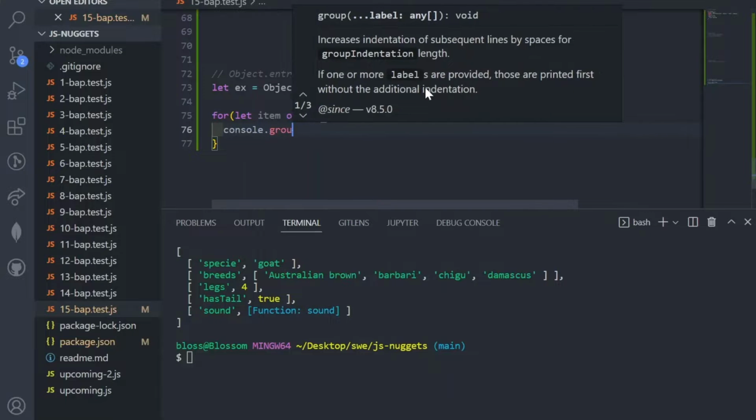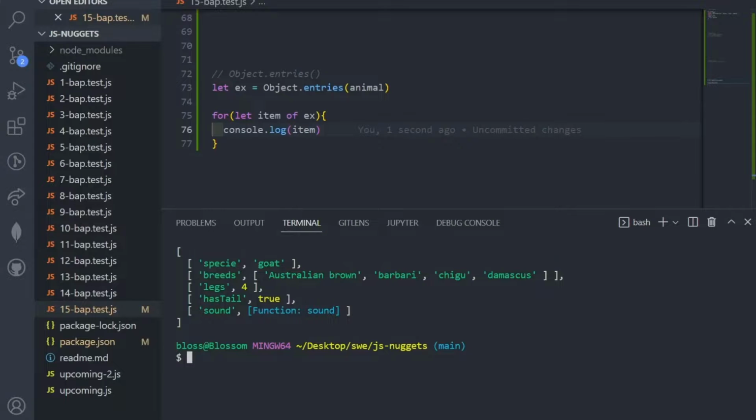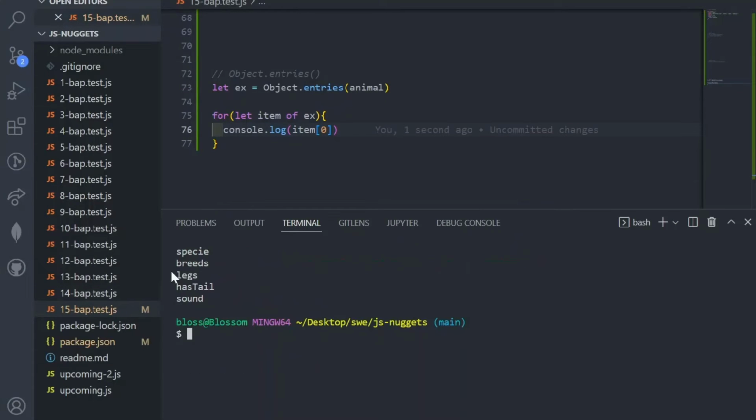I can go ahead and log the item. So I want you to catch that right now we have it logged as an array of arrays, but once we run it again, it's no longer an array of arrays because we have each individual array that we can do something about. So let's say I want to log the first item of each array and I want to work with that, then that is also possible. There are numerous